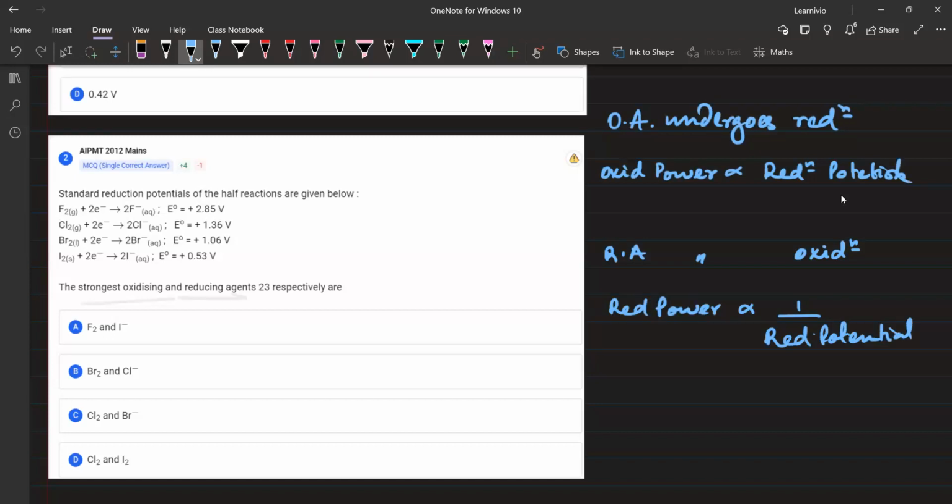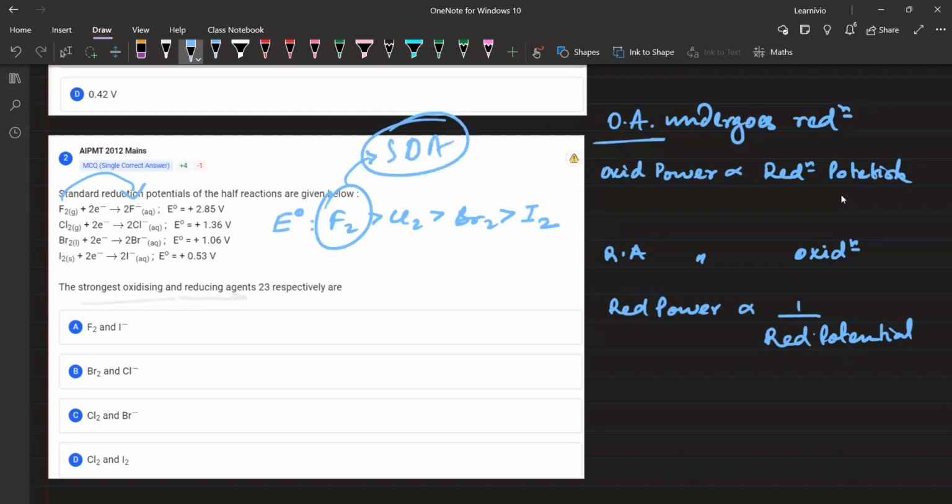ठीक है. So we will arrange this, ई नॉट वैल्यू सबसे ज्यादा किसका है? F2, फॉलोड बाई Cl2, फॉलोड बाई Br2 एंड फॉलोड बाई I2। ठीक है, तो अब यहाँ पे F2 इज गेटिंग reduced, right? F2 undergoes reduction, right? So oxidizing agent F2 will be the best oxidizing agent। Best strongest oxidizing agent।